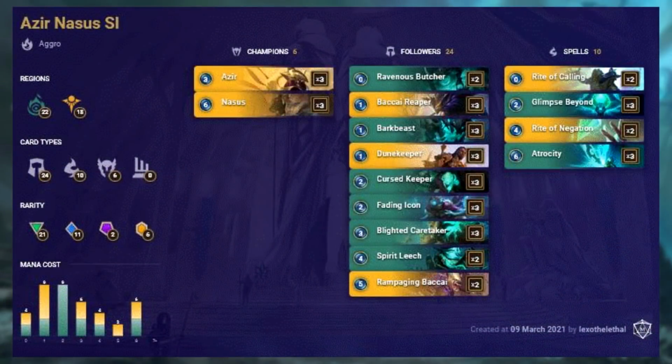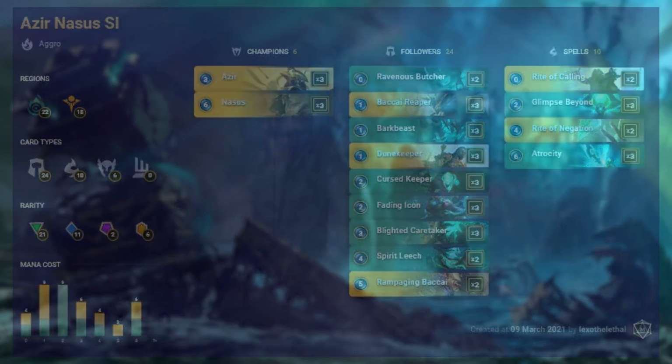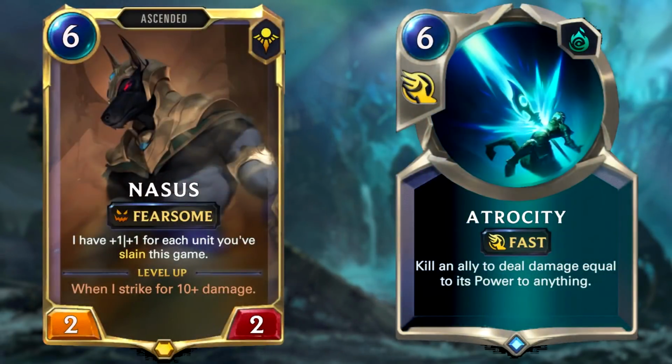This is Azir Nasus Shadow Isles and features cards from both Shadow Isles and Shurima. The mana cost of the deck is extremely spread out with loads of cards costing low mana and high mana. It's also fairly budget with only 2 epic cards needed. The idea behind this deck is to be very aggressive early on, get a bunch of slays, so that later